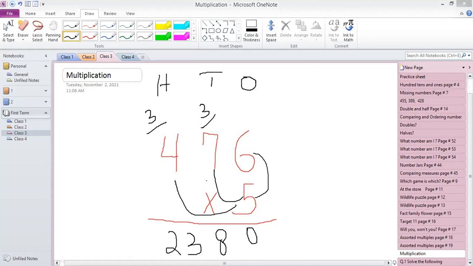How? Because you multiply 5 by 6 first. 5 by 6 is 30, 0 here, 3 here. 5 by 7 is 35, 35 plus 3 is 38, 8 here, 3 here. 5 by 4 is 20, and 20 plus 3 is 23. This I can show you